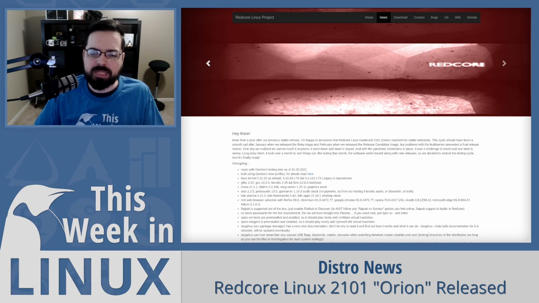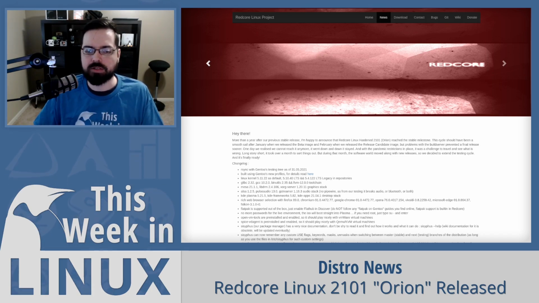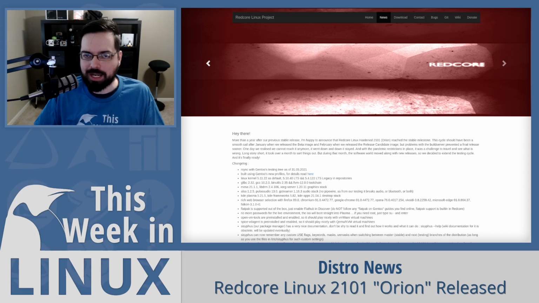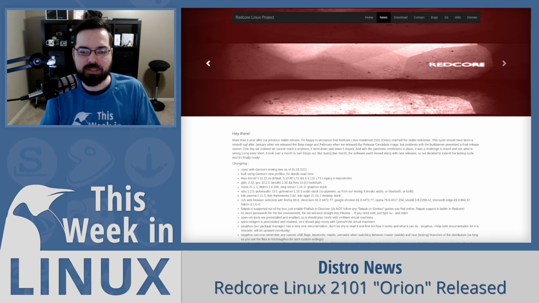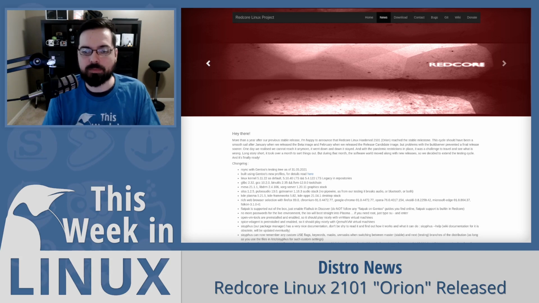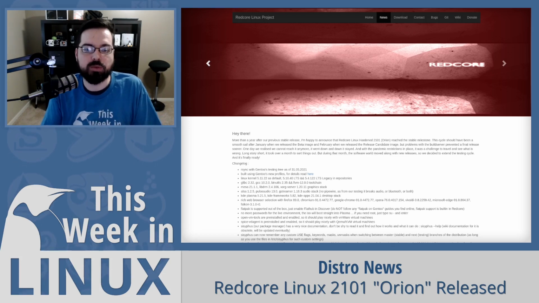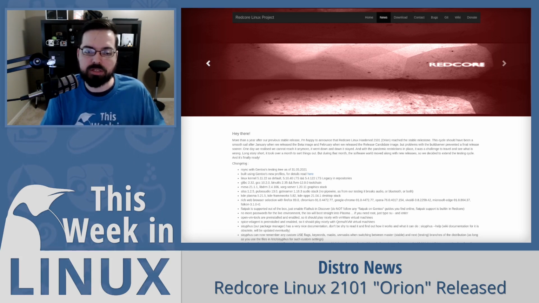And they also have some updates to their Sisyphus package manager, which is a fun name for a package manager. If you're not familiar with that mythology, look that up. Sisyphus is really interesting as a name for a package manager. Anyway, they have made some updates to it, so it is now able to remember any custom use flags or keywords or masks or unmasks when switching between the stable or the testing branches of the distribution.